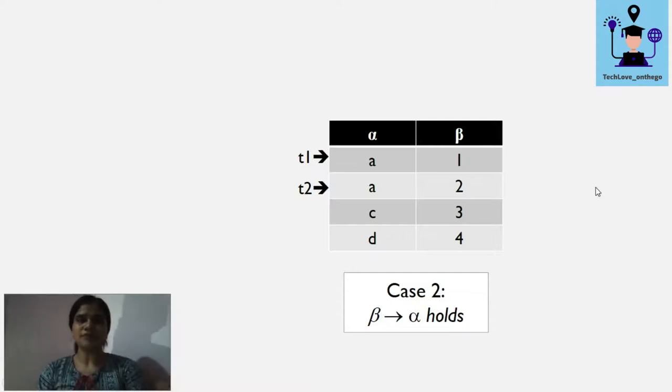So you see, if I am having similar values of alpha, then we need to get the similar value of beta for those similar values of alpha. But if I am having different values of alpha, then we can get the similar value of beta. That is not an issue.